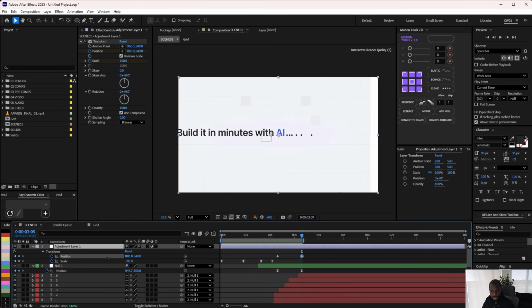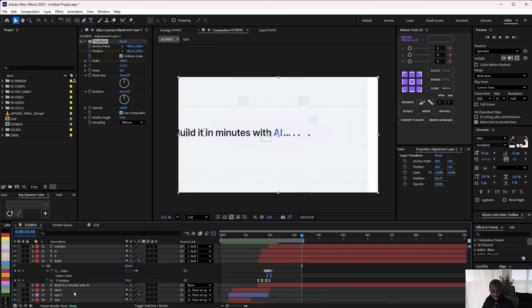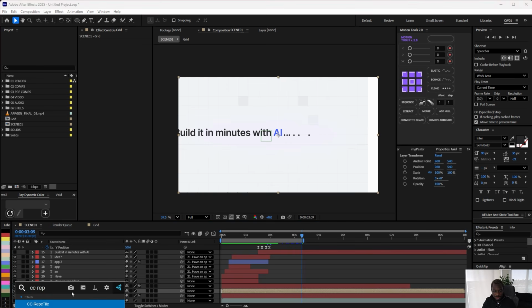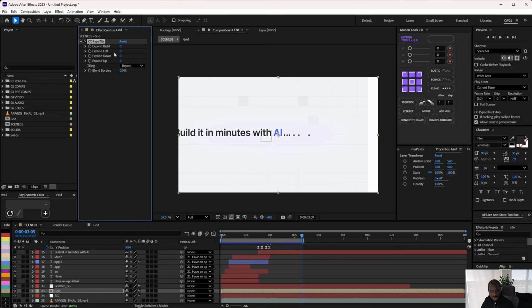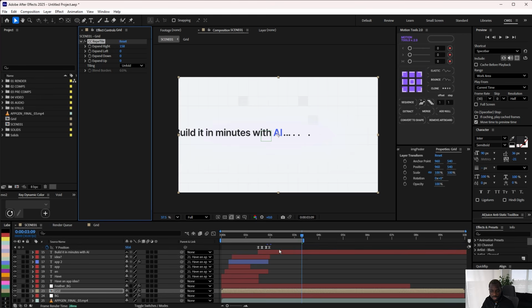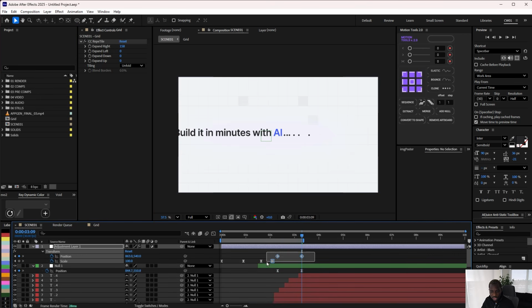Maybe I'll just do a little bit more. And because my background is exposed, one thing I can do is apply CC Repeatile to my background and just repeat it to the right. I can use unfold, right, so it will really blend. So yeah, I'll highlight all of this,